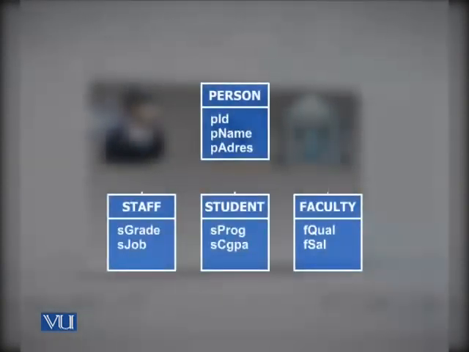For example, here you can see a class hierarchy has been defined where on the top we have a person, which is a superclass or supertype, and it has 3 subclasses: staff, student, and faculty. If there is union inheritance, this means that an object can belong to the class person.